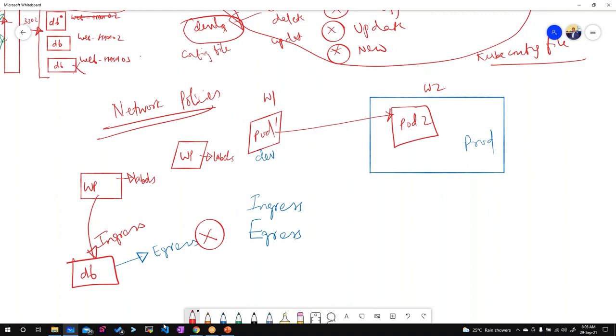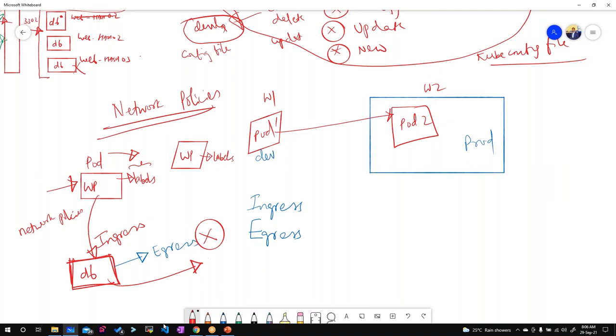So now what this DB container will do is, if I set some network policies for the ingress, and that too from certain labels, this DB will only receive incoming traffic from those labels. That too from this pod and from these labels. So no other pod can talk to this DB except for WordPress, and this DB will not have any outgoing traffic because I have completely locked it. So these are known as network policies.